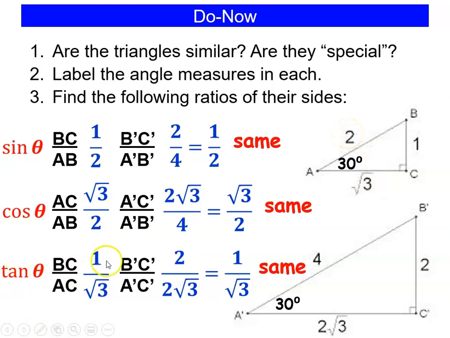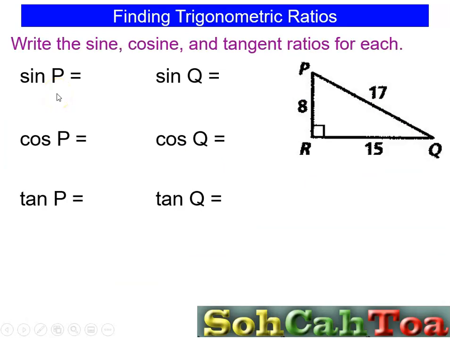And tangent is always going to be the opposite side divided by the adjacent side. All right, so we're going to find these 6 trig ratios. And for the first one, we're focusing on angle P. So I want the sine ratio of angle P, sine, so opposite over hypotenuse. So I go to P, angle P is here, and I need the opposite side from angle P. So opposite 15